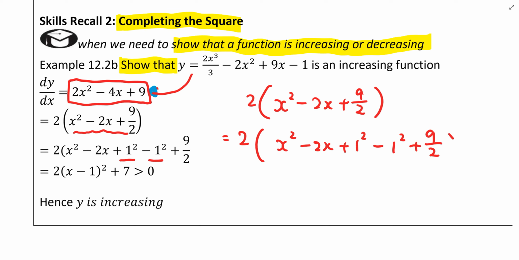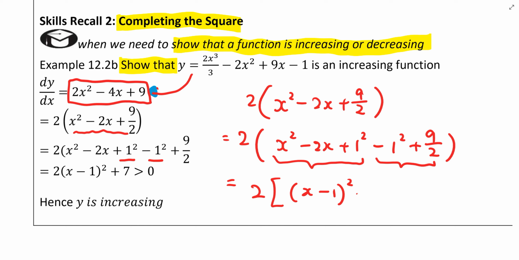Why do we need to add this 1 squared? It is so that my first 3 terms can complete the square to become 2 big square bracket (x minus 1) whole thing squared. Behind, use your calculator. It's going to be plus 7/2. I multiply the 2 to the first bracket, multiply the 2 to the constant behind. That's where I will get